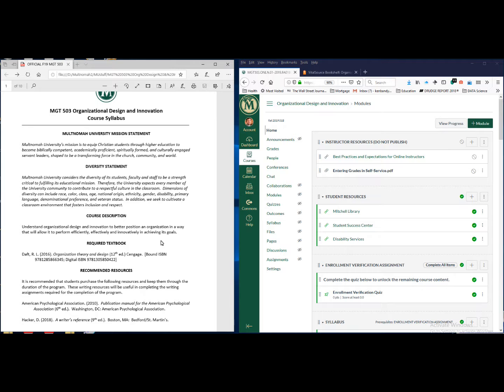The course title is not how the Bible will make us more successful at work. We're going to study the real theoretical, scholarly, academic principles related to organization design and innovation, and we'll see if and when certain principles from the scripture match up, and then what that should tell us about being effective in organizations. So all are welcome, and this will be, on my side, the most respectful